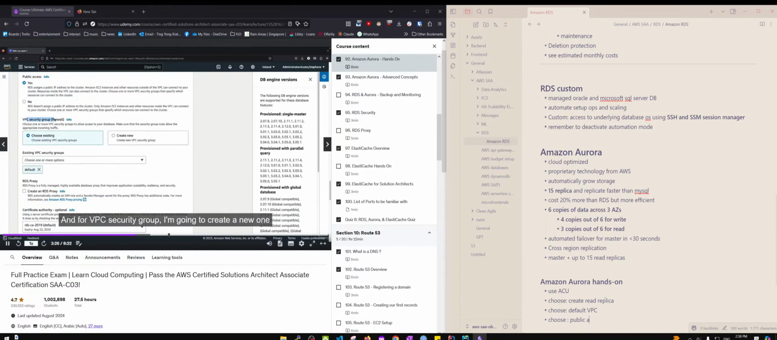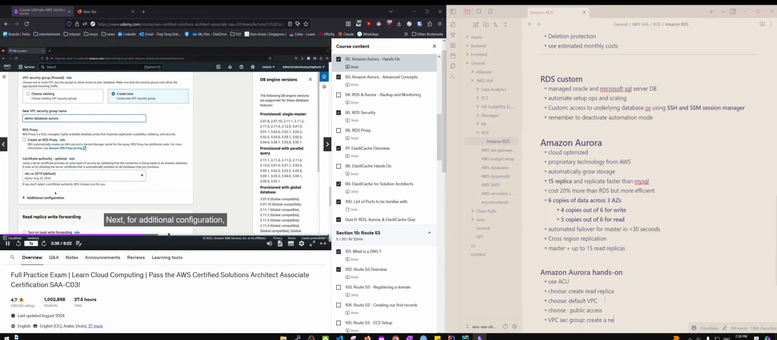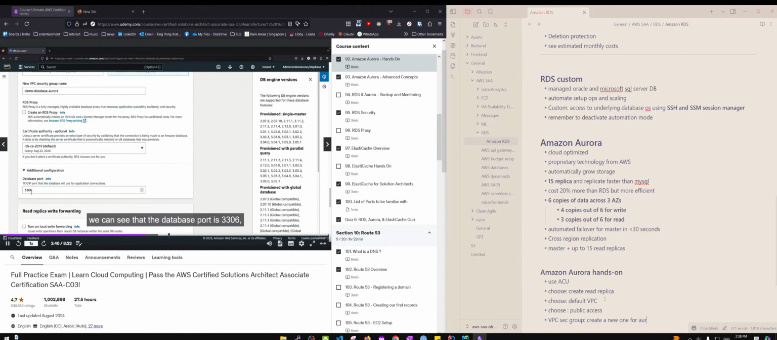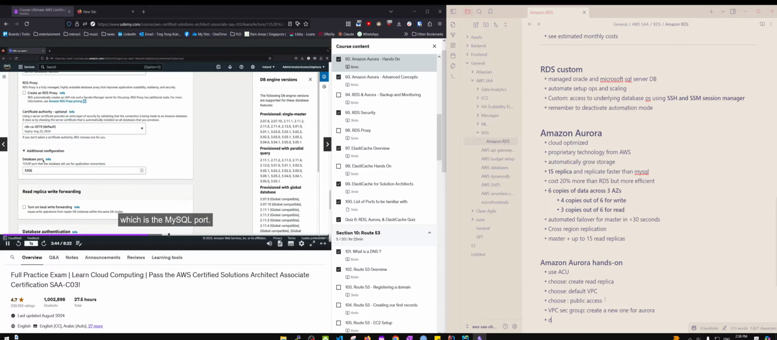And for VPC security group, I'm going to create a new one, and I will call it demo database Aurora, which will allow us to connect to our Aurora database. Next, for additional configuration, we can see that the database port is 3306, which is the MySQL port if you